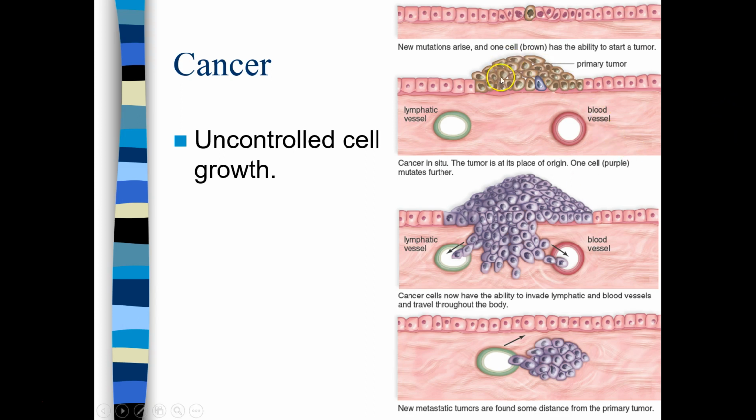So not only is every single tumor different, because they're all unique, but even within a tumor, every single one of these cells is acquiring its own random mutations. It's not like once this cell here gets a mutation, it spreads to every other cell. Different cells are getting different mutations all the time. So not even every single cell within a tumor is the same. This is part of what makes cancer so insidious.